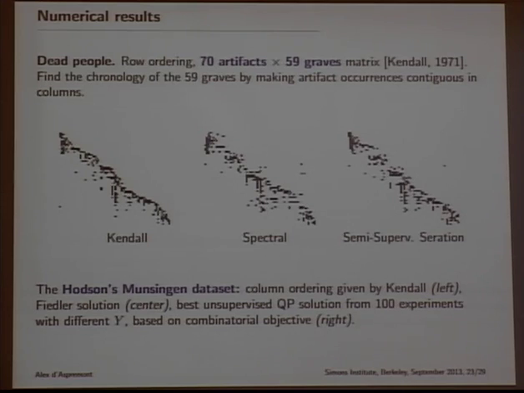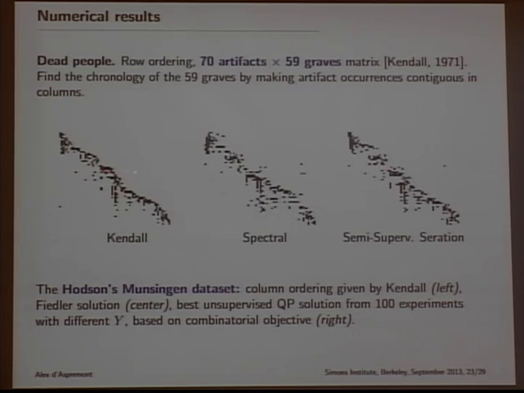So they're trying to use the presence or absence of certain artifacts in graves to order them, okay? Meaning that all the graves from a certain period should have, roughly speaking, the same artifacts, okay? And so the idea here is that you want to solve the problem so that the matrix will be reordered and have